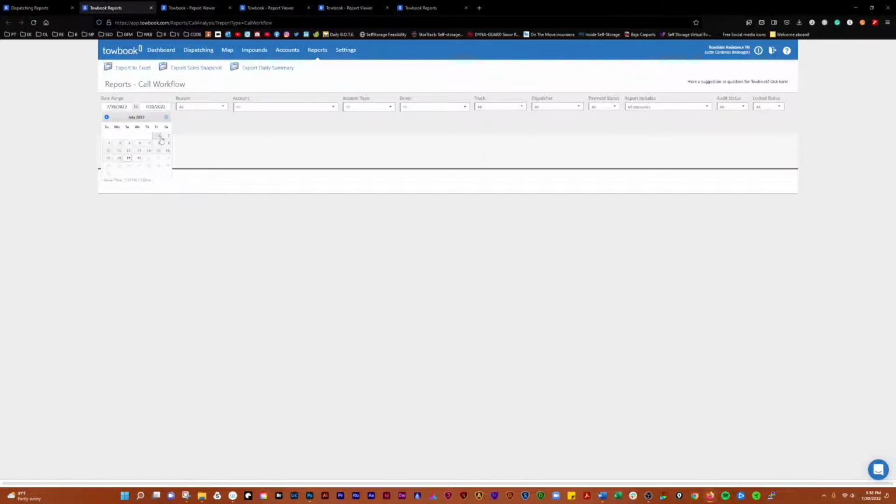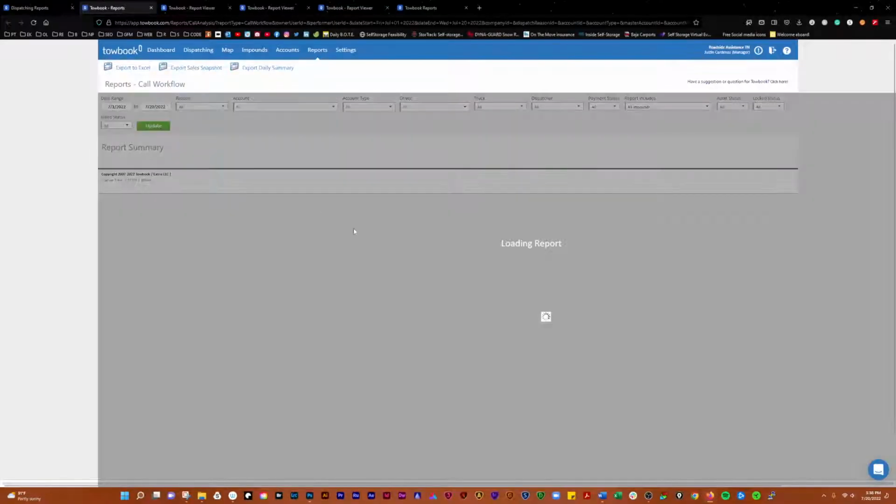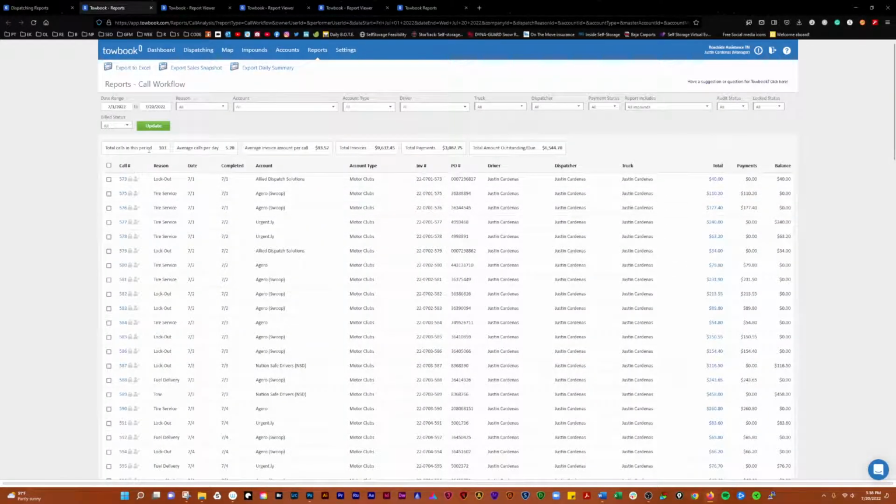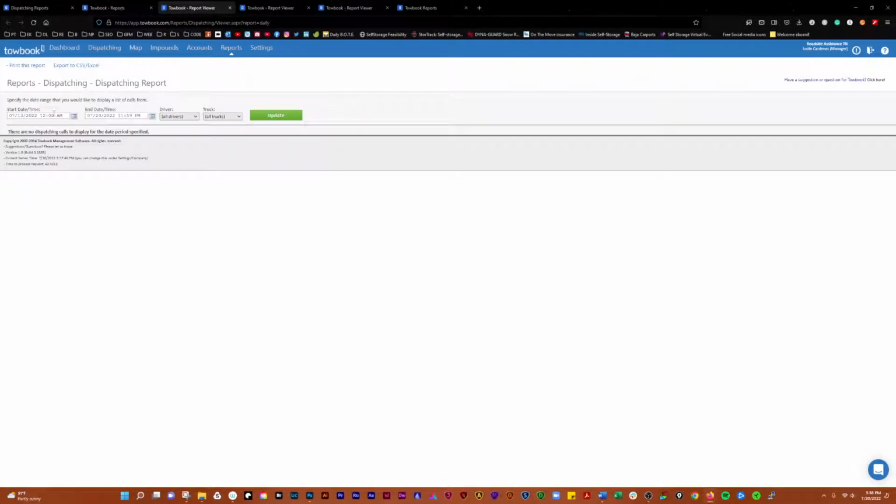Reports, your call workflows. Go in there and you can see how many calls, average calls, all this stuff can be exported to Excel, or export a daily summary or a sales snapshot. If you want your dispatcher or office manager to send you a daily summary of calls, you can do that by day. You can go to here,